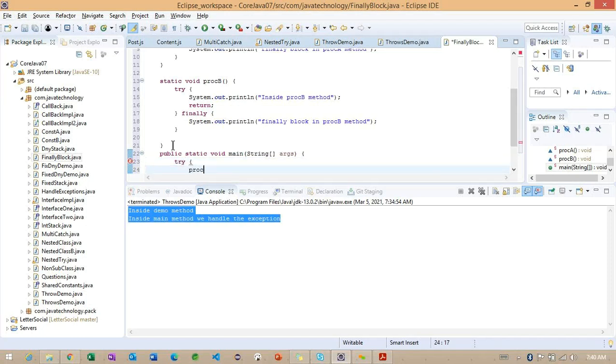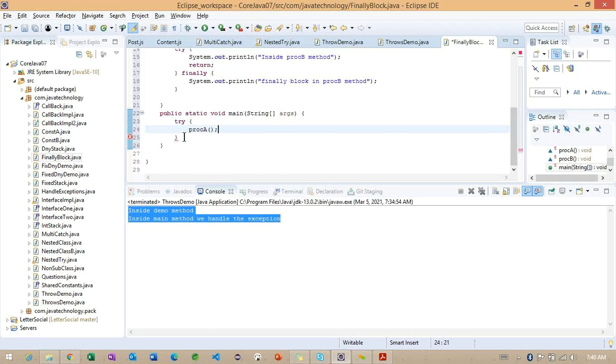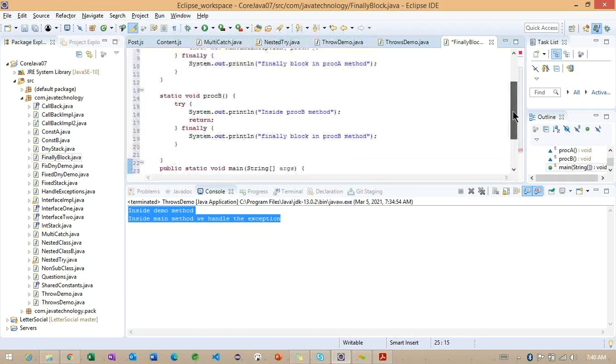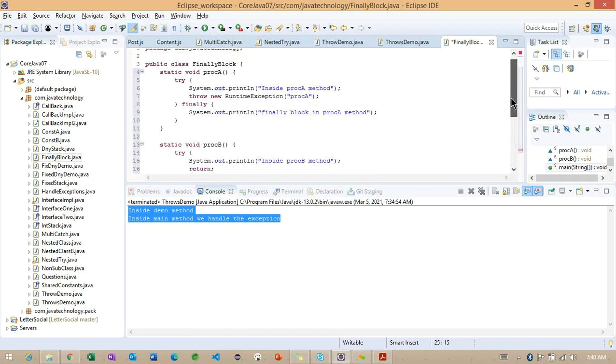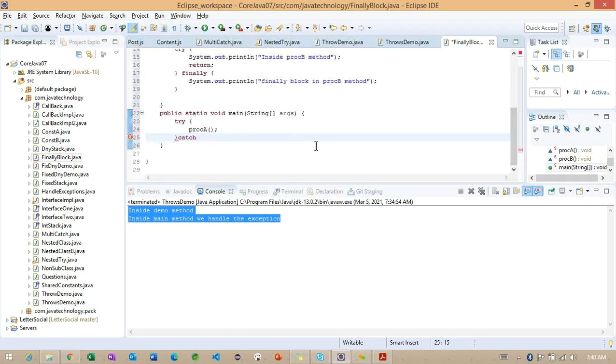Inside the try block, I'm calling the process A method, and I'm going to handle it, because the process A method is returning exception information. Here, what I want to do, simply I will call exception.